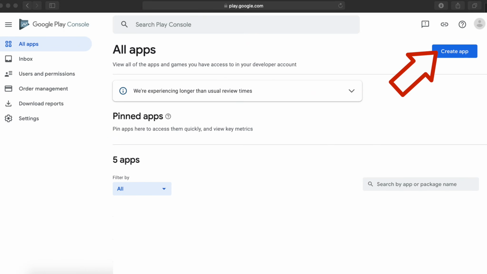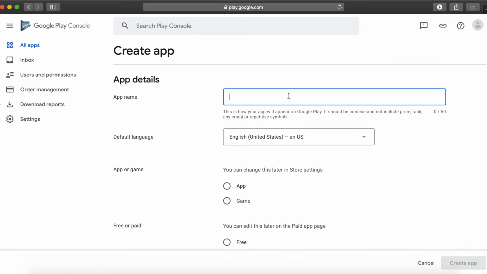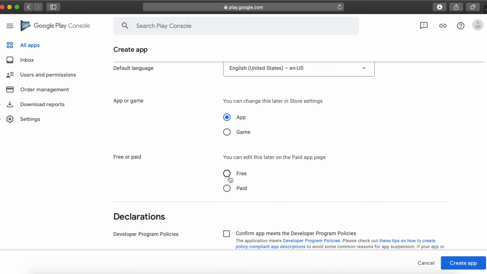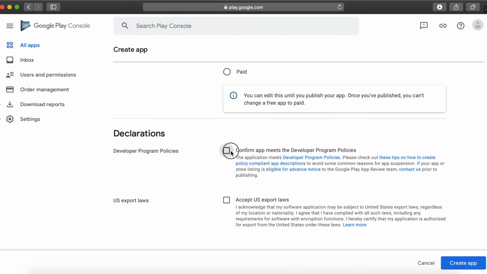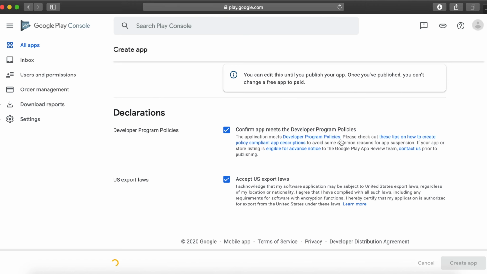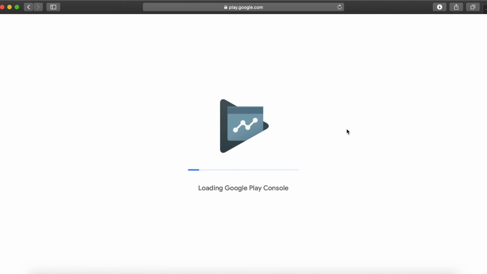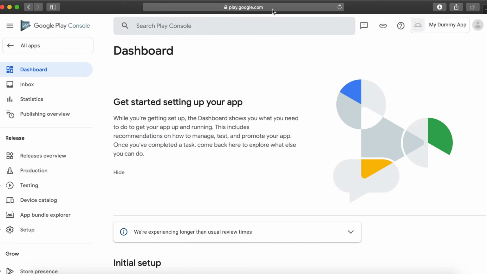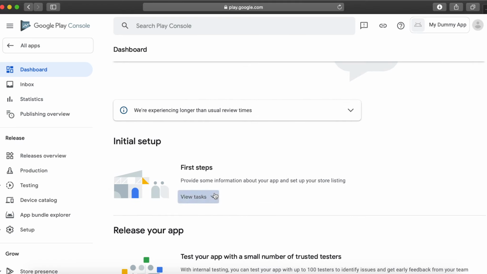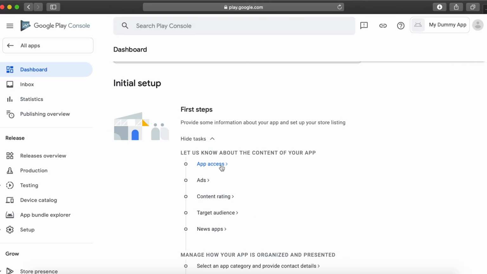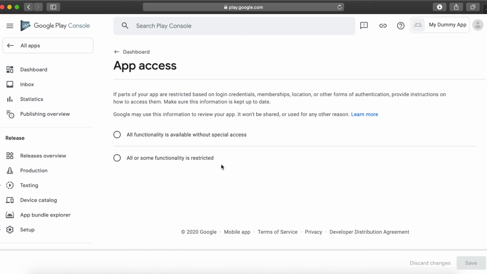So, let's go to the console and create our app. Give application name and start giving appropriate information for your app. I am filling everything according to my application need. For example, when preparing the application we need to tell Google Play whether this application has ads or not, is this app targeted for children or not.